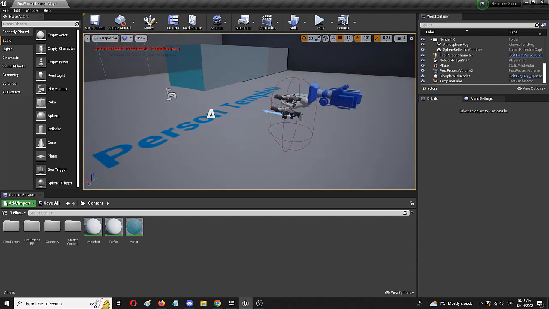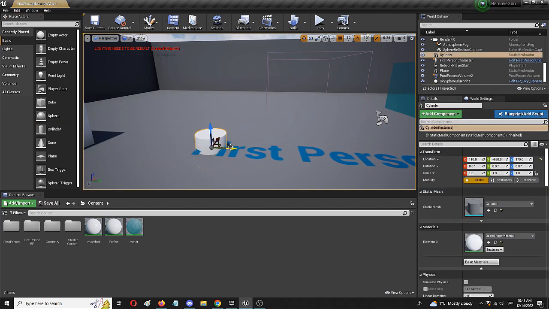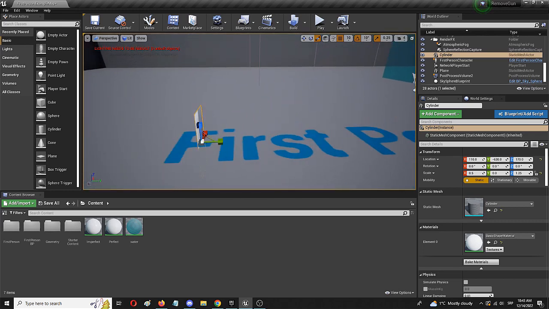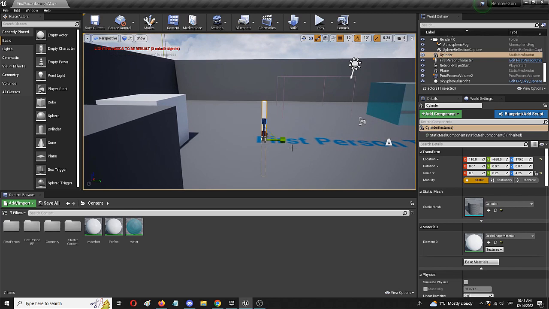So I'm in my first person template. I'm going to create first of all a flagpole that is going to be the place where I'm going to put up my, let's say, flag. But I say flag with a disclaimer: it's going to be a really not that impressive flag again. So we need something like this, and we need to protrude it. This is going to be the mast,